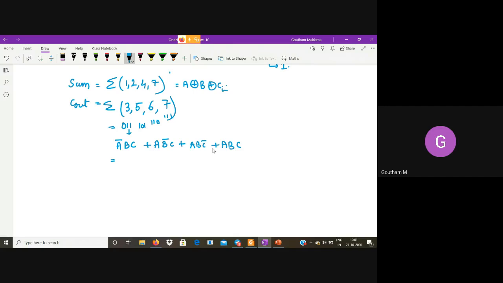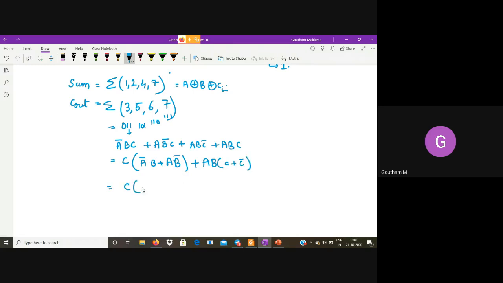Okay, now let us take C common. If I take C common, what do I have? A bar B plus AB bar. Over here, what can be taken common? AB, if it is taken common, I get C plus C bar.